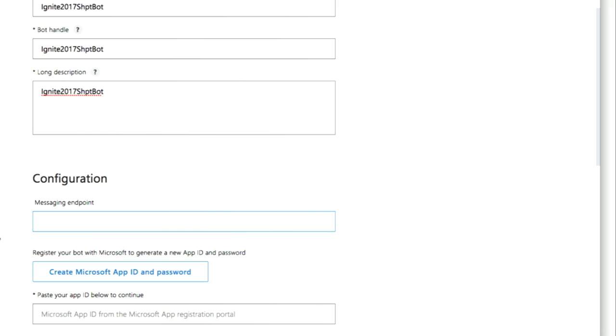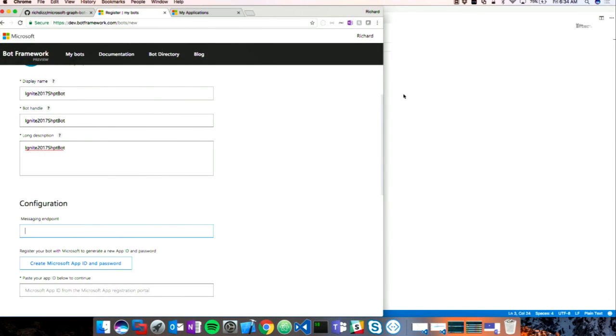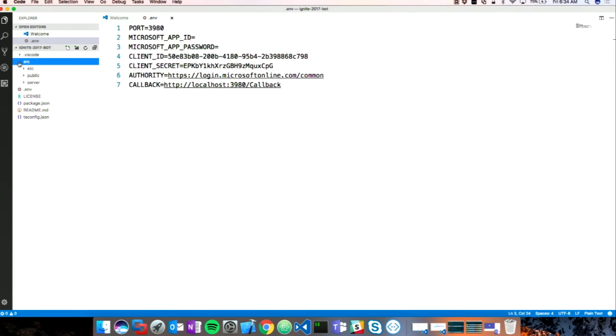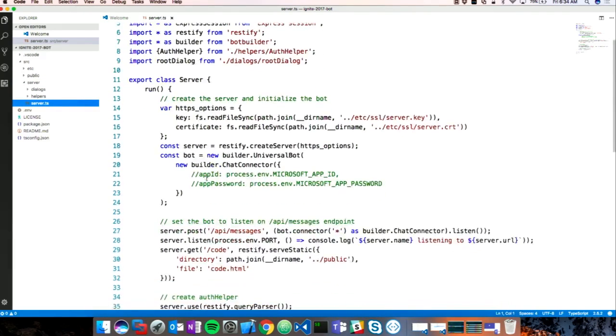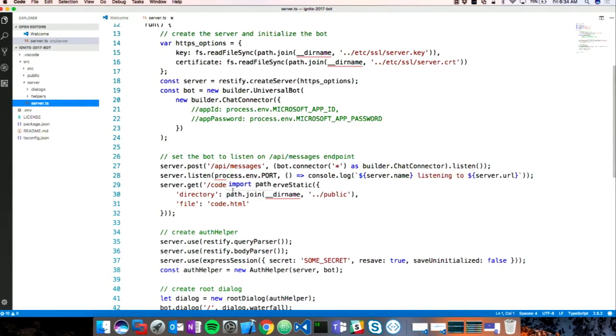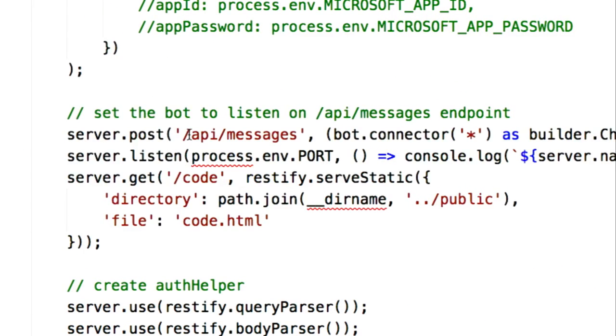Remember I said that a bot is just a web API. Well, this project is already set up with a web API when I provisioned it. Just to show this to you, if I go under source, server, server.ts, if you're not a Node person, don't worry, I'll explain this. I'm basically setting up /api/messages. That's the endpoint that I want all my messages to communicate on. So that's what I need to put